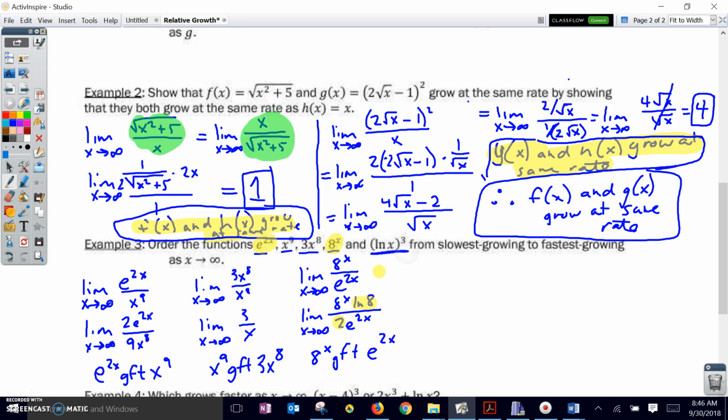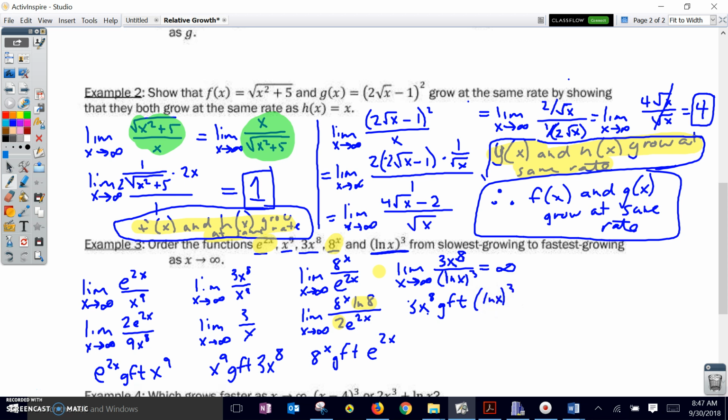Where does the natural log of x to the third fall? Let's compare it to the smallest one. The limit as x goes to infinity, the smallest one that we know so far, which is 3x to the 8th, to see if this falls at the bottom of the hierarchy or elsewhere. And if we find this limit, we'll see that this limit goes to infinity. I'm not going to go through all that process because I'm kind of running low on time here. But we'll find that that approaches infinity, and therefore 3x to the 8th grows faster than natural log of x